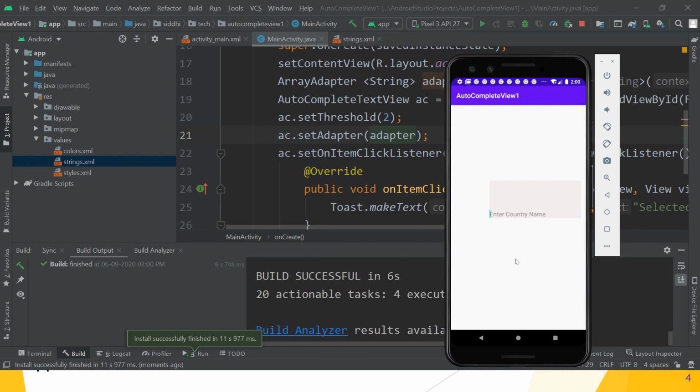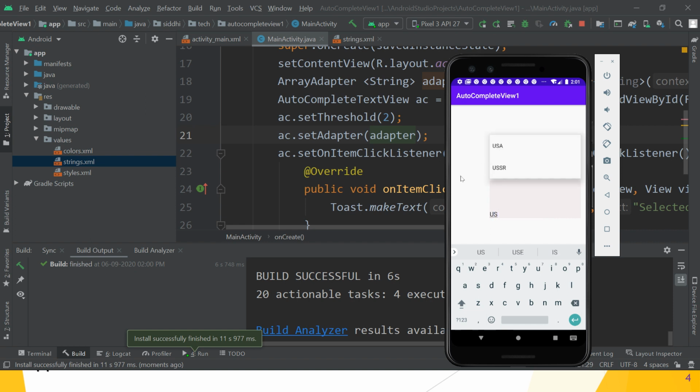Okay, so now, great. So the drop down list of suggestions appears automatically. India, you can choose it by using the arrow keys. Great. So US, it gives you some suggestions, that is USA, and press tab, USSR, selected item is USSR. That message is toasted on your activity. Guys, hope you understand all these things. Great. So this is all about autocomplete text view.